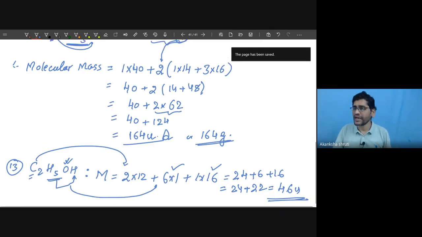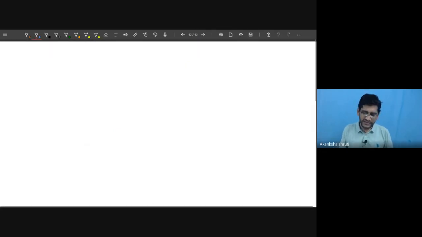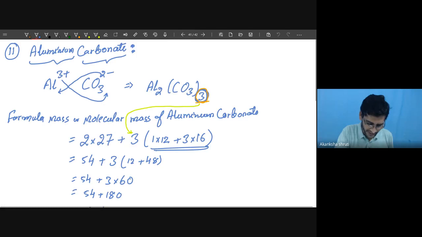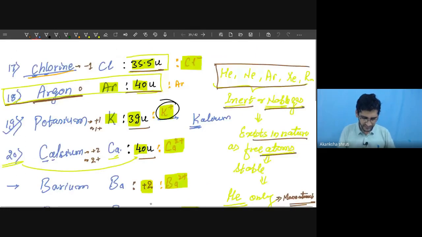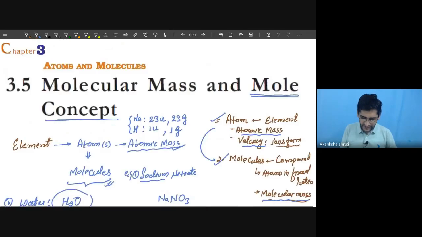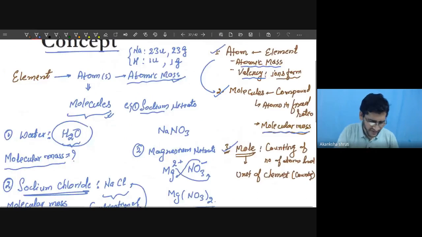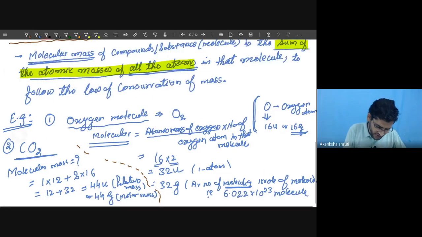Now let us go for another concept called the mole concept. Student, here I have told you one thing. Molecular mass for an ionic compound is called formula mass. So here you just keep in mind, wherever molecular mass we have defined, there we can write one note here. I want to write it in the book. So write a note here.